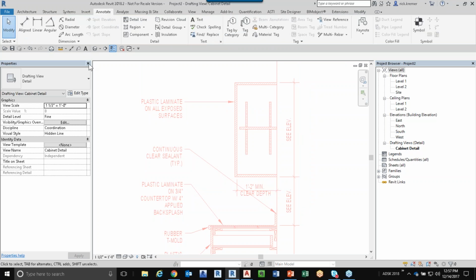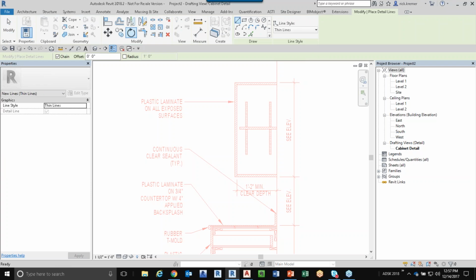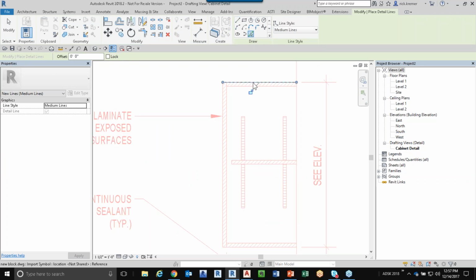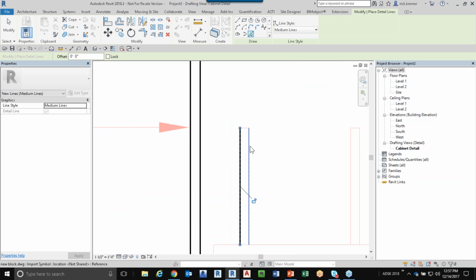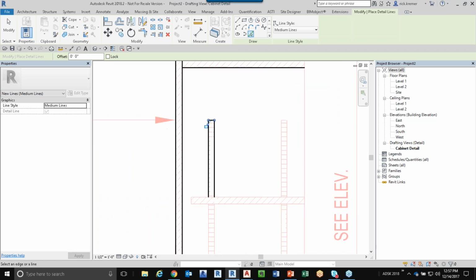Next, I'll go over to annotate and simply start to draw my detail lines. I'm going to start by drawing everything with medium lines, and you'll see how quickly I can do this. I'm going to use the option called Pick Lines, and simply go through and start to pick the lines. Type in TL, and I'll be able to determine what are the ones that I've converted